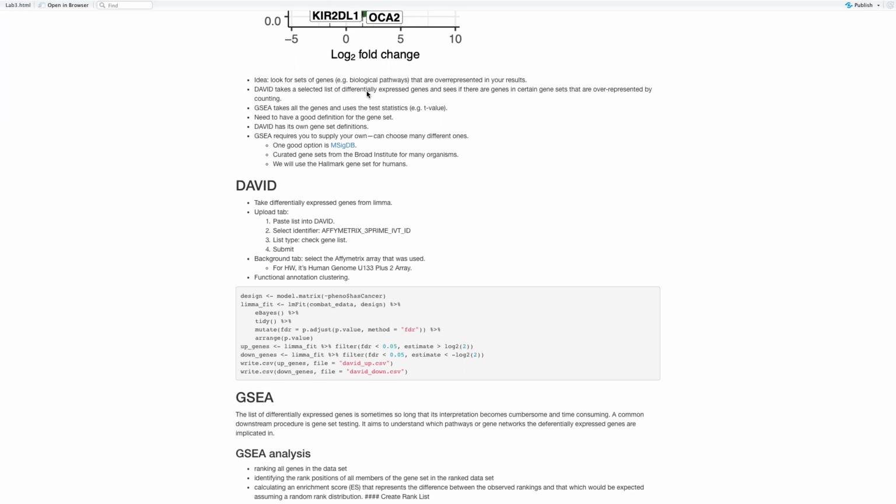For both of these, we need to have a good definition of the gene sets, and DAVID has its own gene set definition. For GSEA, we need to provide one by ourselves. MSigDB is a good one that's commonly used to provide to GSEA. So we're going to do a very small